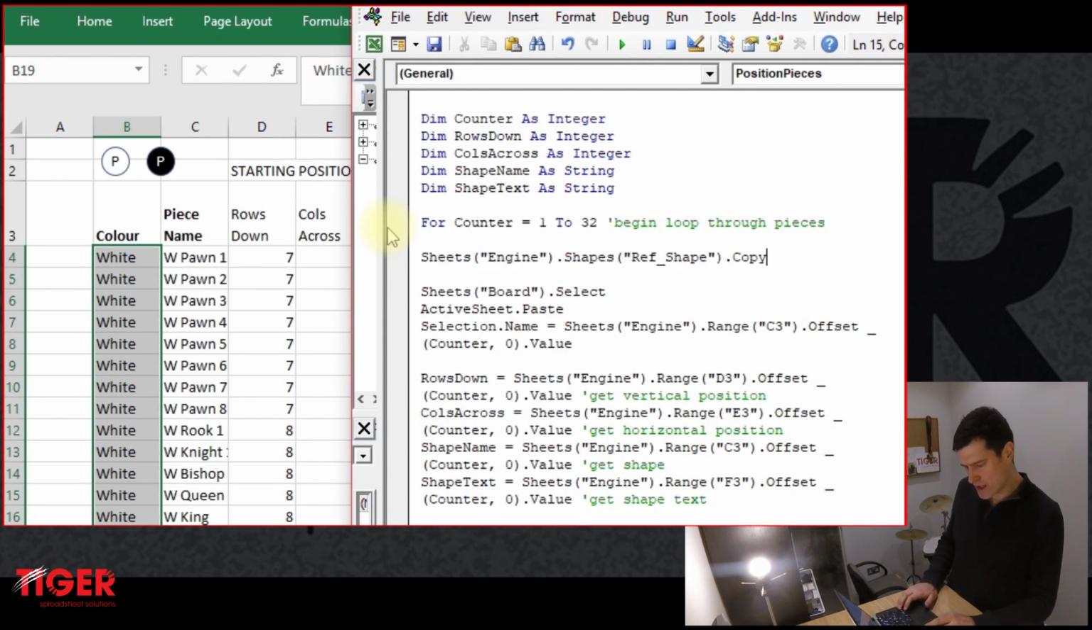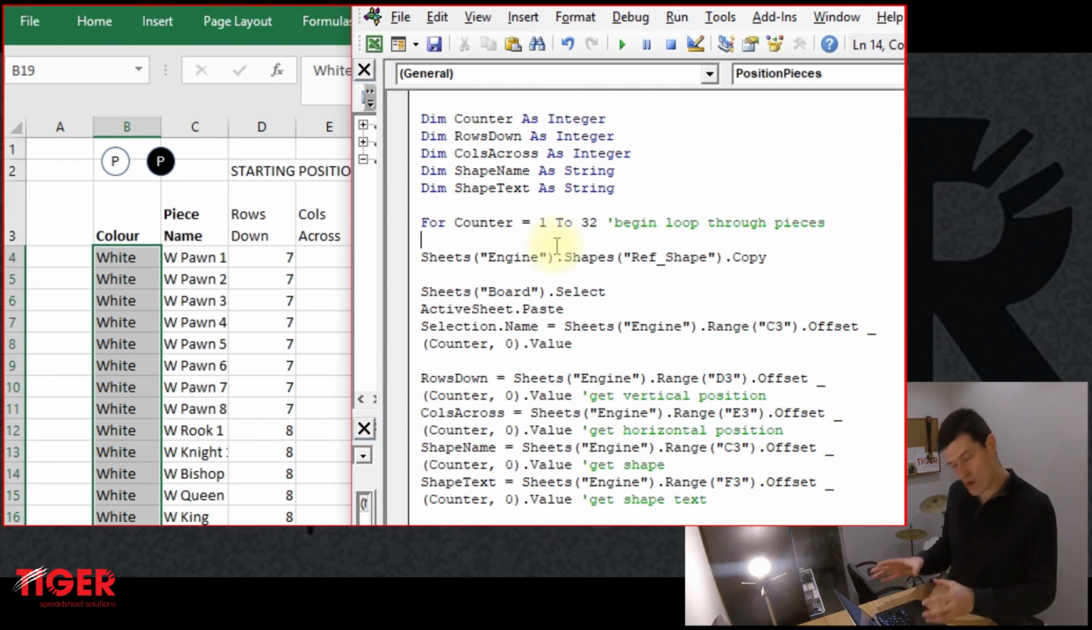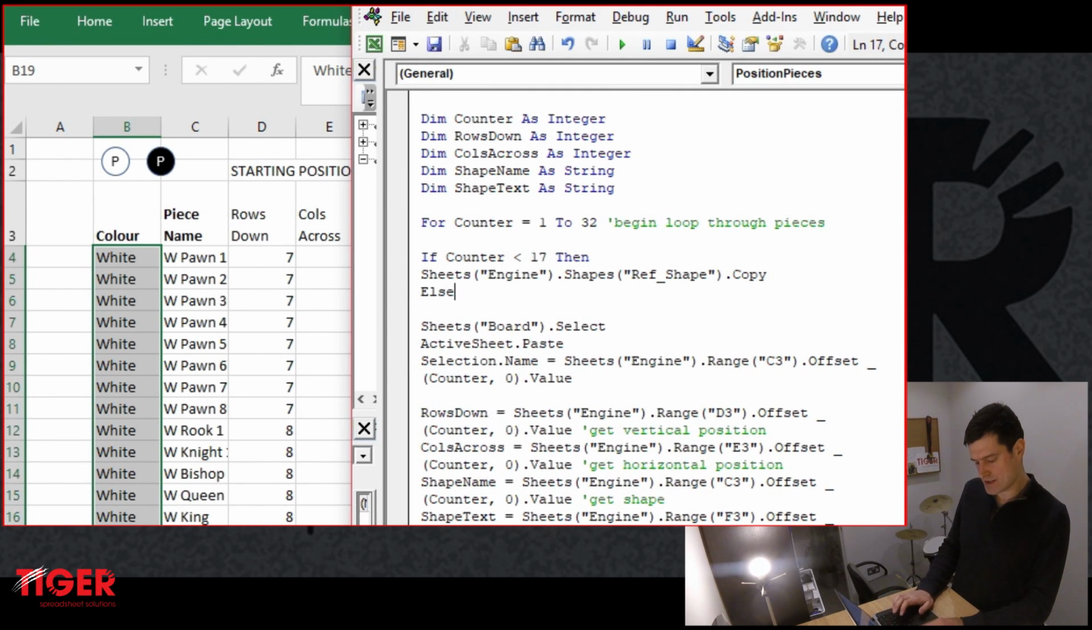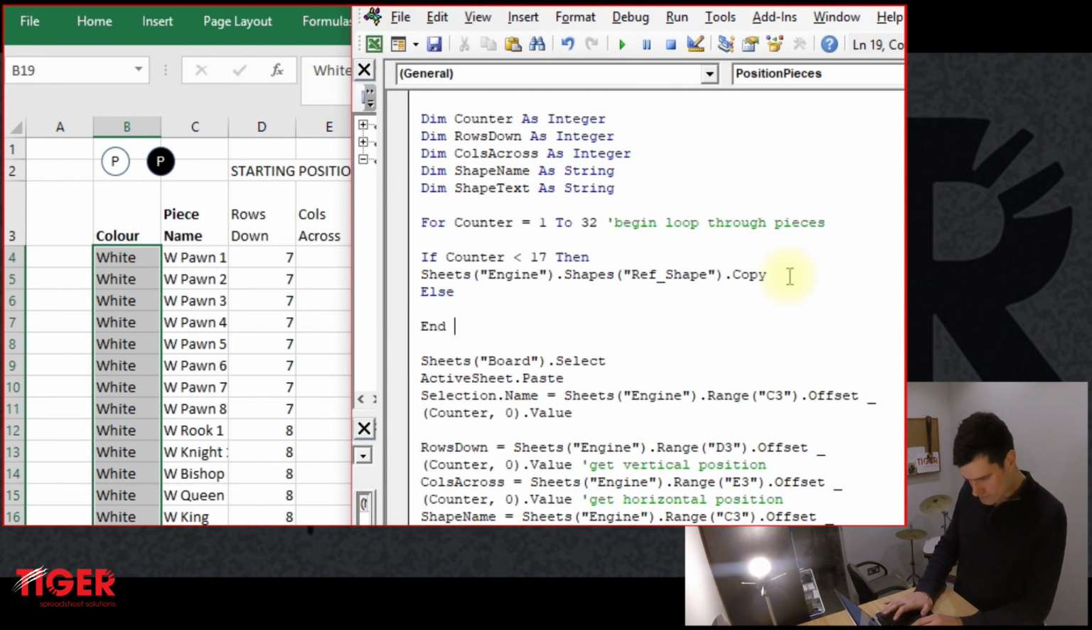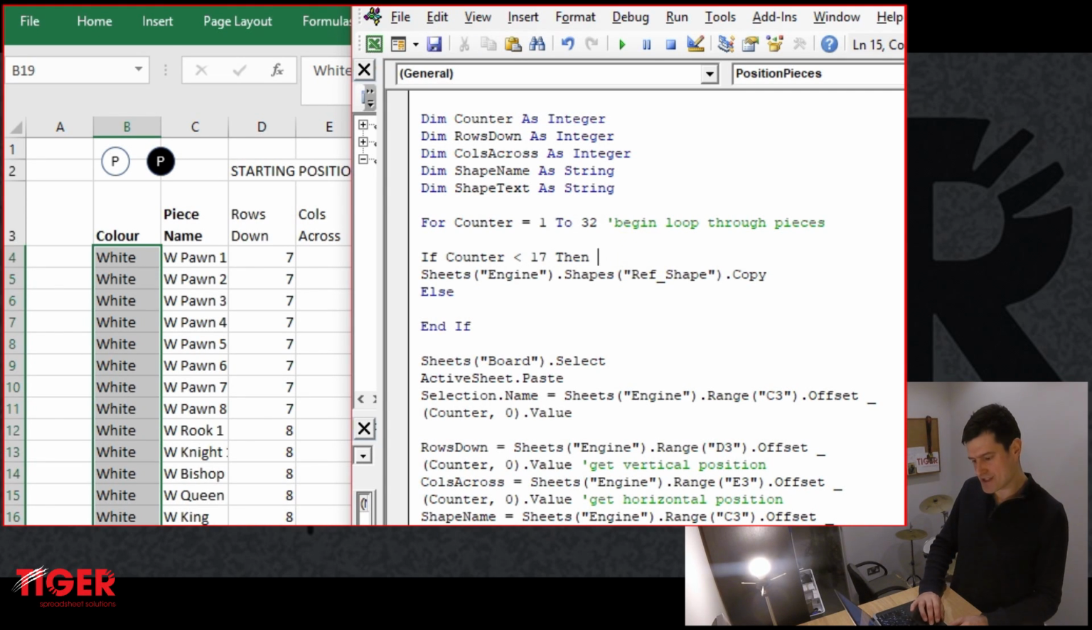Now this line of code that we're using to copy paste the shape, we're going to bring that inside the loop. That's because we want to be able to control within the loop which shape we're going to copy. Now we're talking about a conditional statement here, obviously, because if counter is less than 17, we want to do one thing. If counter is more than or equal to 17, then we want to do something else. So it's a simple conditional statement here. If, else, and end if, a very common formulation for a conditional statement. So if counter is less than 17, then